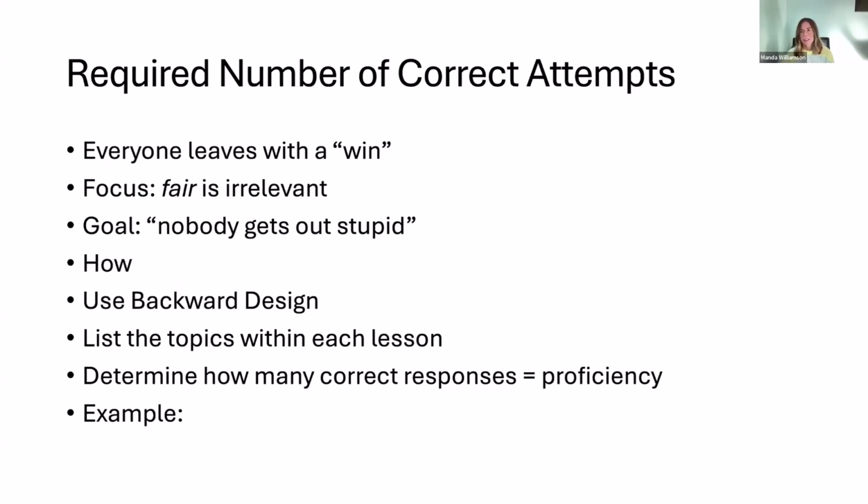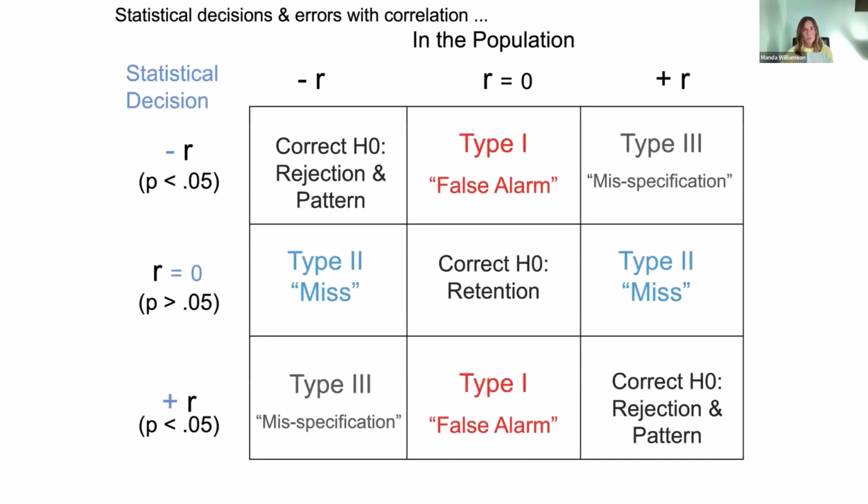All right. So really quickly, I want to show you an example of what we've done. I'm pretty sure everybody in the room here is familiar with correlations. This is just when we're trying to establish a linear relationship between variables so that by knowing one variable, I can predict the other. When I make a decision statistically after analyzing the data, I could come up with a negative correlation, no correlation, or a positive correlation. But more importantly than that, our students need to be placed within a reality of how we actually view that statistical decision in light of the real relationship in the population that we'll never get access to.